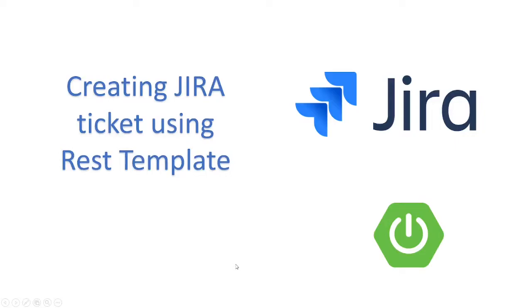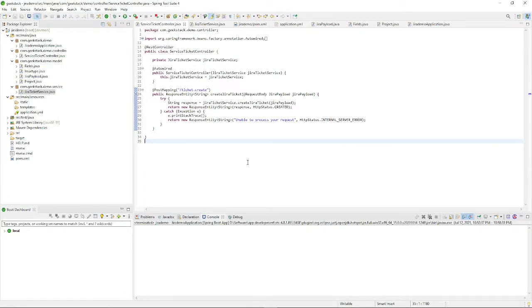Hi everyone, welcome back. In the previous video we saw how to create a Jira ticket using Postman with the help of Jira REST endpoints. In this video, we'll see how to create a Jira ticket using REST template with the help of a Spring Boot application. For that, we have to create a simple Spring Boot application